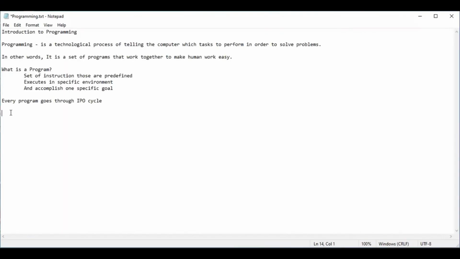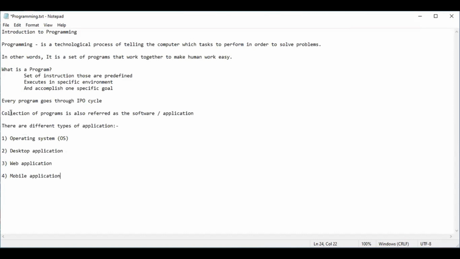Now we are moving ahead with the last part of this video, that is, understanding the different types of programs. A collection of programs is also referred to as software or an application. We need to know what different types of applications are available in today's world so that we can categorize them and understand their different purposes.